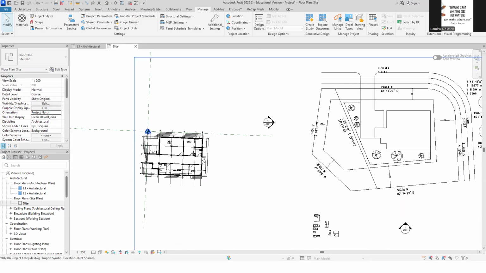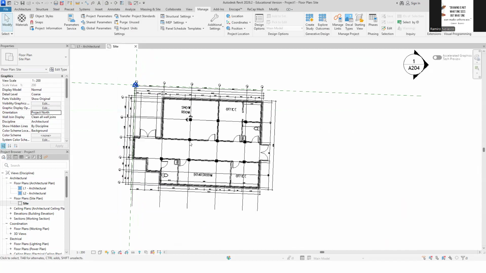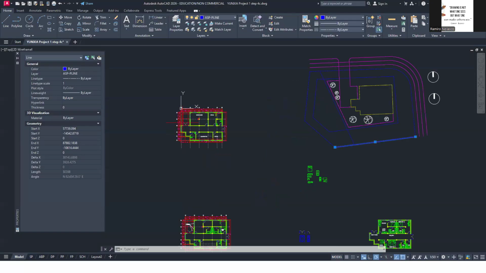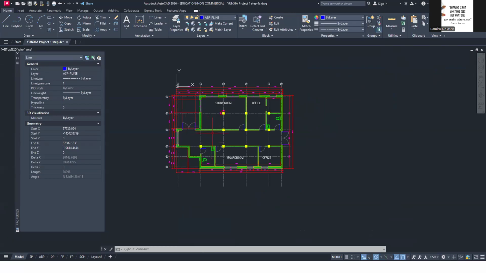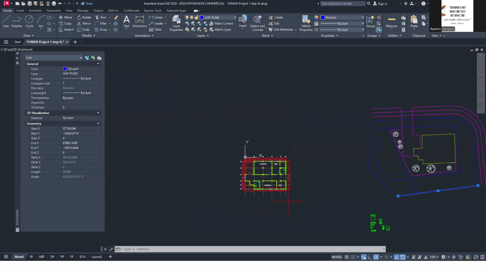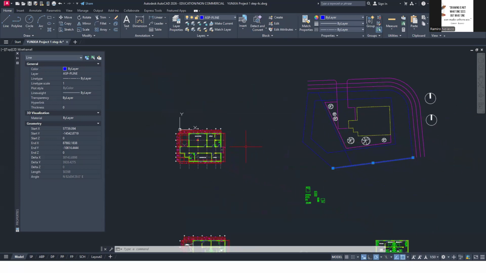Okay, now, but unfortunately, we have this now at a slant. Okay, so actually, what we can do is within AutoCAD, we can rotate this, or copy this here, right, and then rotate it. So let's see how we can do that.